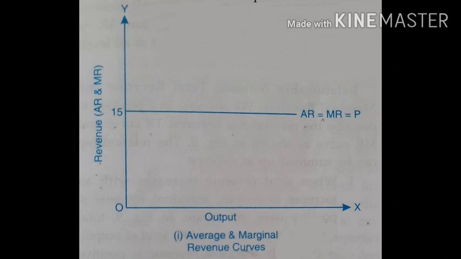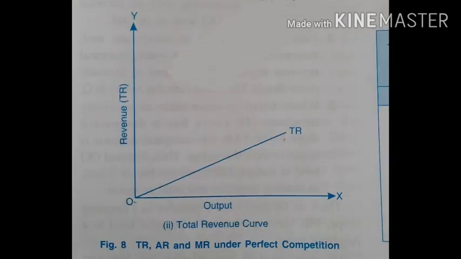Now the question may come from here. Generally a question comes from this section, so be careful while you are self-studying. It shows that the firm under perfect competition is able to sell any amount it wishes at the given market price. Now total revenue, which we have not discussed yet. You can see the diagram again. The total revenue curve is a positively sloping curve, but the slope of the curve is constant. What do you mean by that?